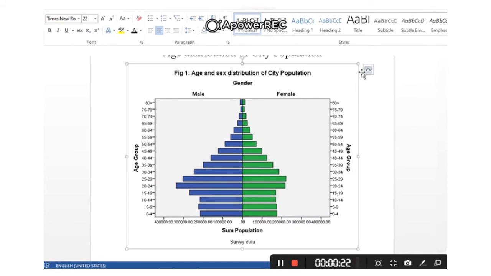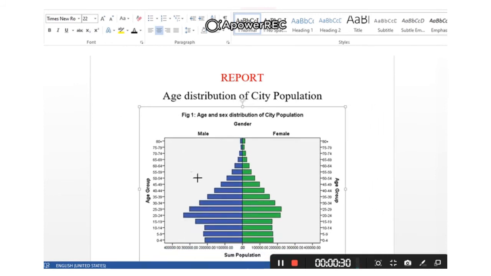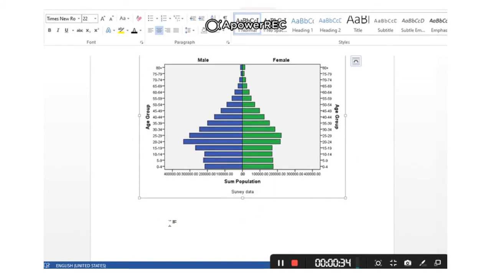Then you will get that, and accordingly you can reduce the size of the graph, and then you can write your report here. Whatever you wish, you can write it in the report.